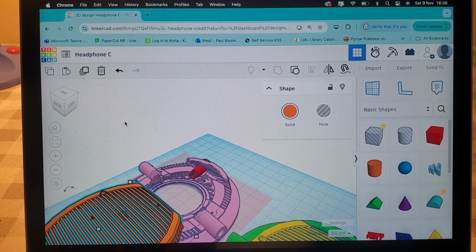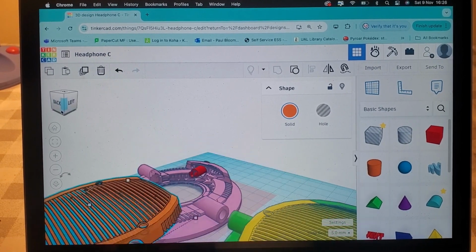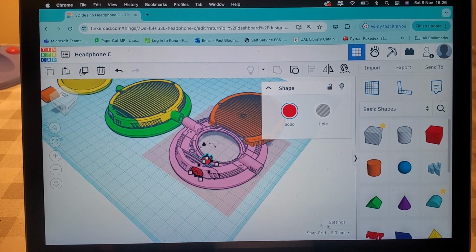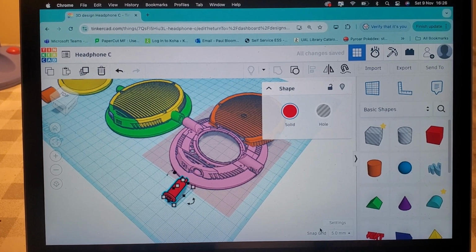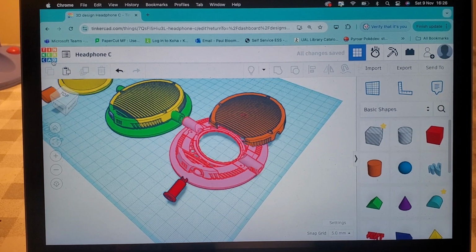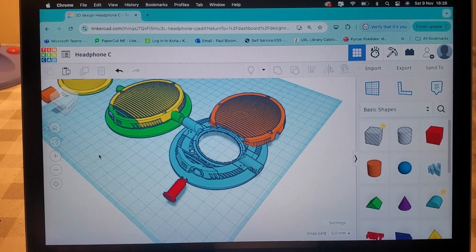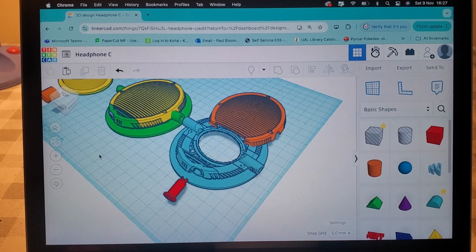So I thought, okay, let's look at building effectively just a form around that driver, which is as simple as possible. And let's take the complexity of the cable connection out. So instead of having this component here, which is for a detachable cable, what if I just have the existing cable there? I know that would not be as ergonomically desirable visually and aesthetically, but what if I can make it as simple as possible,